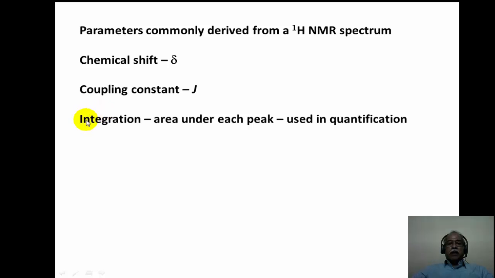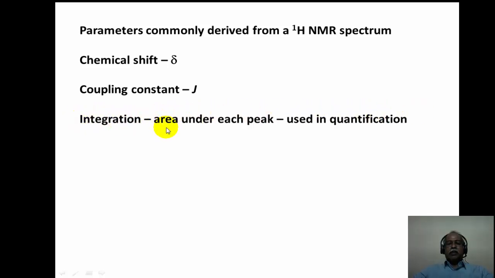Of course, the third parameter which is derived from an NMR spectrum is the integration, in other words, the area under each of the peaks. This is essentially used for quantification purposes. In pure compounds, of course, it tells you the relative intensity, the number of protons under each of the chemically different hydrogens. In a mixture of compounds, it tells you the mole ratios of the compounds